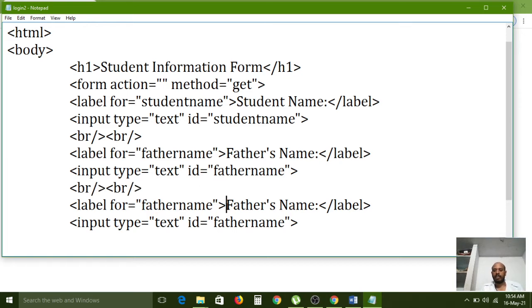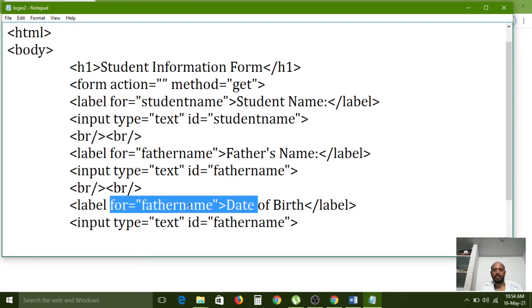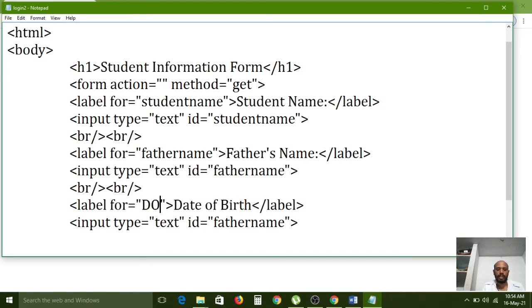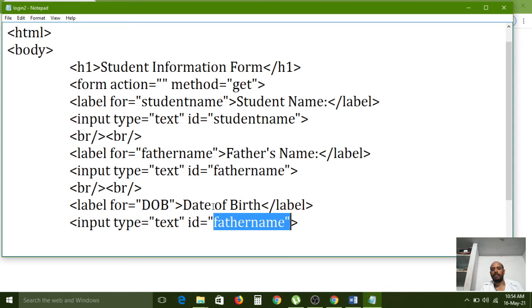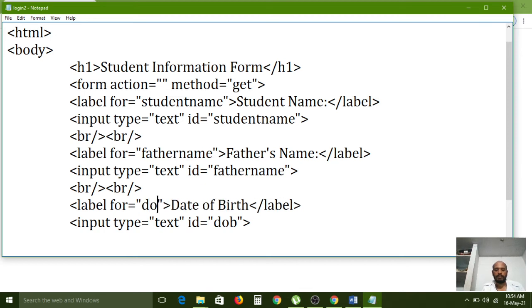And date of birth. Date of birth. Okay. And this one I am also changing. DOB, okay na? Short form. Here also the ID is DOB. Sorry, lowercase I am using.